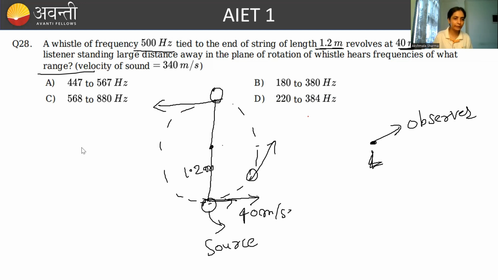Let me take 2 points. Okay, I take 2 points. Here suppose point A, and this is point B. So at point A the source is moving towards the observer. At point B the source is moving away from the observer. I have to find the range, meaning where this observer will hear the minimum frequency and where it will hear the maximum